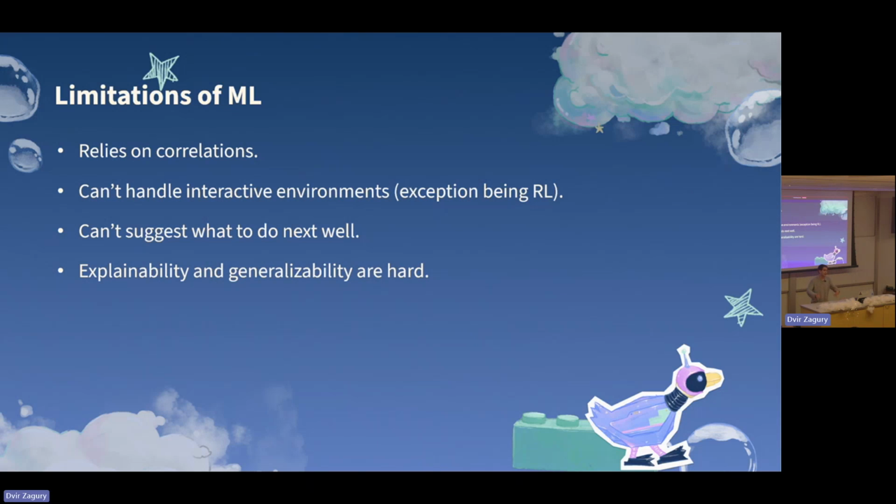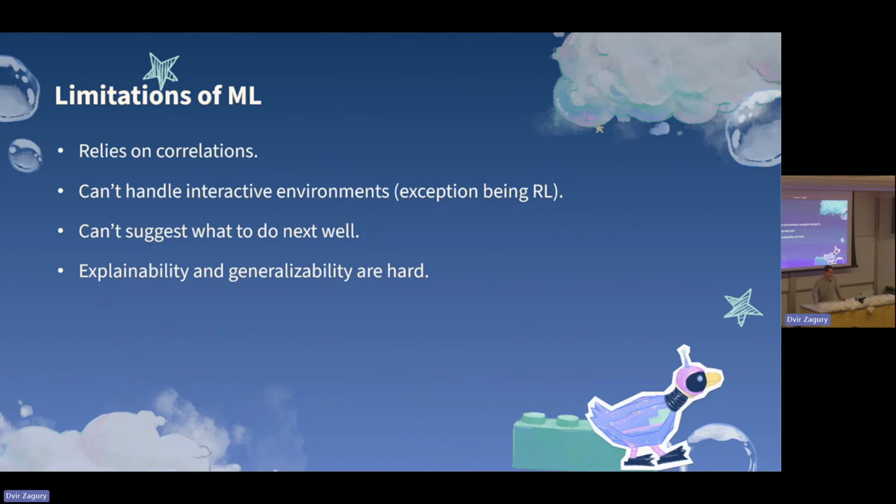For example, if you're part of the system that you're training on, if you can do different things in it, if it's more dynamic in a way, then that can be very problematic, and it depends on what kind of goal you have. If your goal is to figure out what you should do when you're part of a system, then machine learning doesn't help you much. An exception is reinforcement learning, which also has some problems in it because it might find